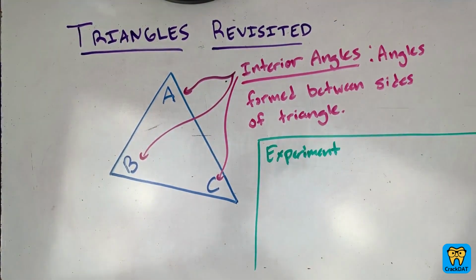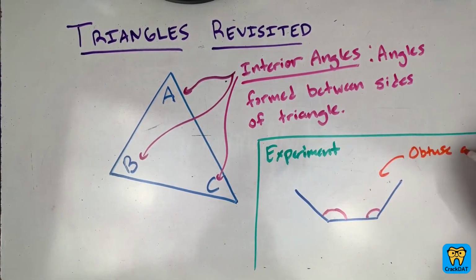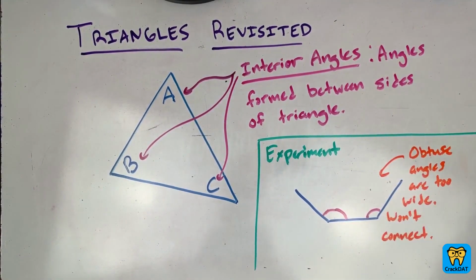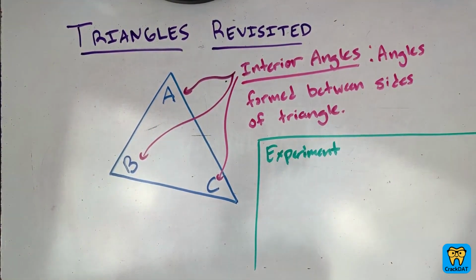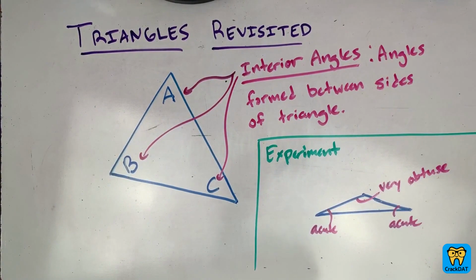Notice two obtuse angles can never be in the same triangle together. The sides just can't come back around with those two large angles forcing them apart. And if you have two very acute angles in a triangle, the third angle must be very obtuse. So there definitely is